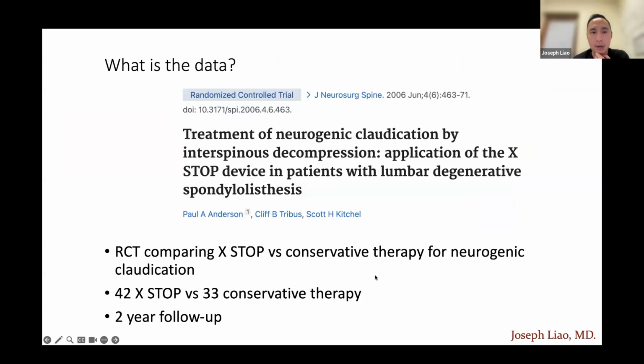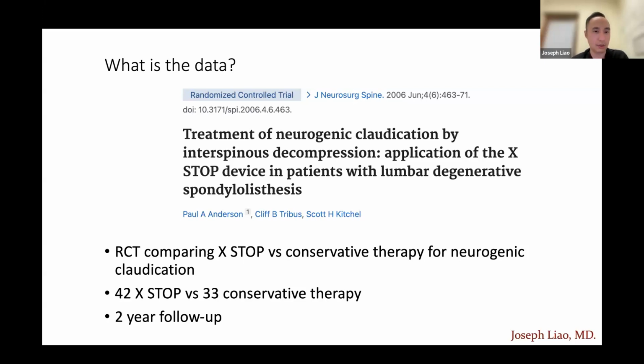So what is the data behind it? Well, this is with X-Stop, which was the initial treatment on the market. The reason why X-Stop isn't more popular is not because it wasn't working. It's because the reimbursement for interspinous spacers just wasn't as high after you factor in the cost of the kits. But for practical purposes, there's no significant differences between each of the companies, whether it's Vertiflex or X-Stop, they all